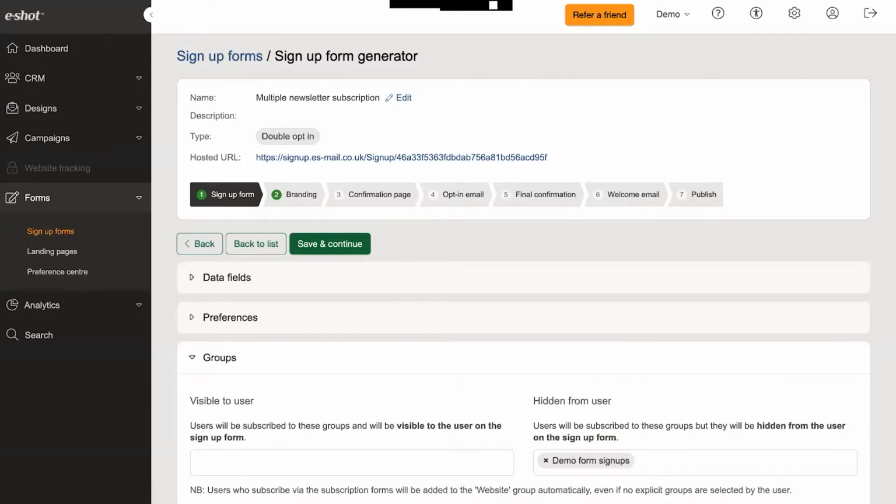And the same thing applies for the next part of setting up a form, groups. You can make groups visible to the user as well. And indeed, you can make groups hidden from the user. So for example, you may choose to have a group which you use for housekeeping purposes, just to track everyone who's come from a particular sign-up form. As I said, most of the time we do end up in a situation where customers do have multiple sign-up forms. Now, of course, that is then going to define what people fill in,